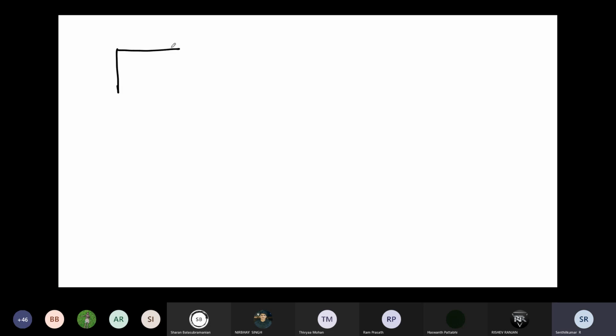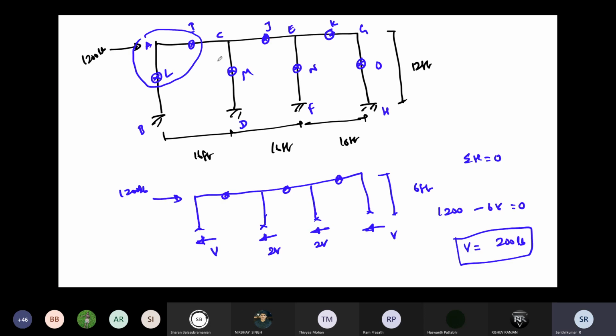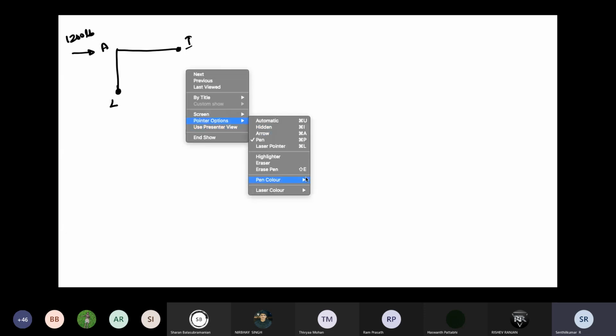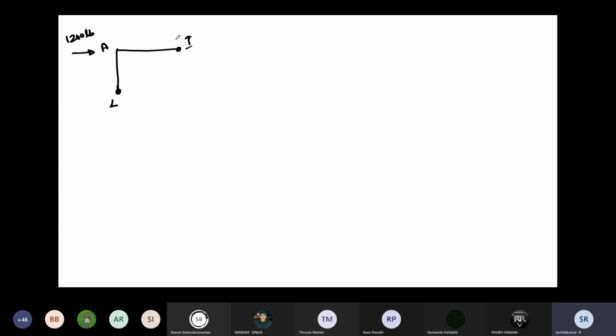The corner have L, A, and I. Okay, at the joint A we are having 1,200 LB load already there, right? So now what are the reactions? Because we have removed this part, the hinge is there. At that time, when you are removing, we should have applied the reaction. That's a hinge. How many reactions will be there? X and Y. Horizontal and vertical reaction only going to be there. So horizontal and vertical reactions I'm going to draw now.